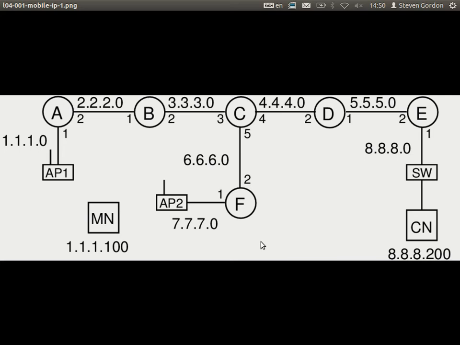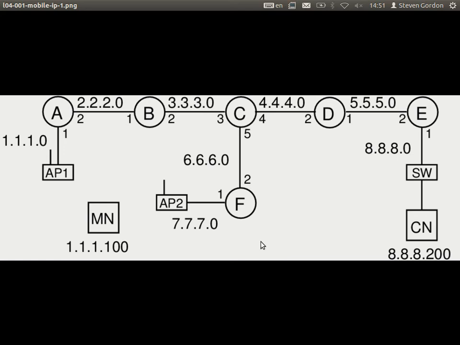We send it to our local router in this case. How do we know that F is a local router? We've done this agent discovery in the previous phase where we received a router advertisement. We learned that the default router for the mobile node is F, in particular 7771, the foreign agent. So we send this datagram to F,